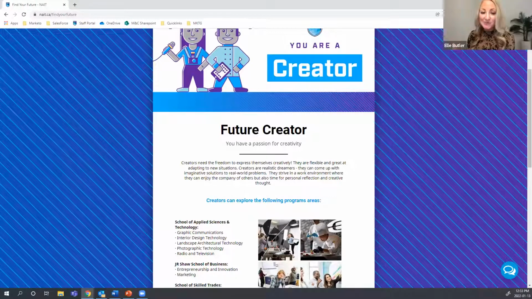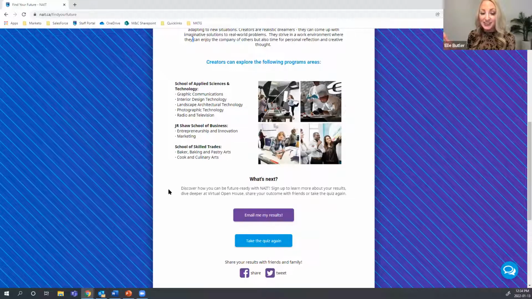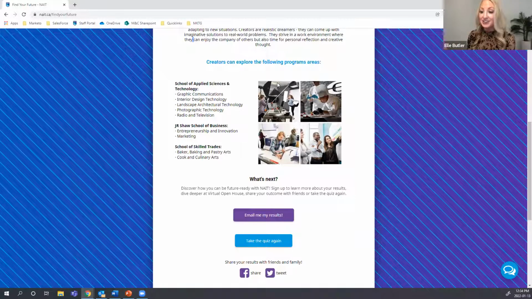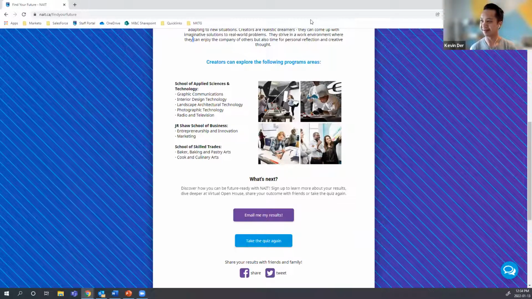This is spot on. And what I love about this, I see that you then have a list of suggested majors for a creator, and it has both of my majors in it. So I majored in communications and marketing, and they are both within that list. So wow, okay. The quiz is spot on and would have pointed me in the right direction of the major that I ended up loving. So awesome. Fantastic. This is super cool, so engaging. I could see how a student wouldn't even know that they're doing something that is lead nurturing, right? That it just feels fun for them. So perfect. Incredible. Well, awesome. Thanks a lot for participating.